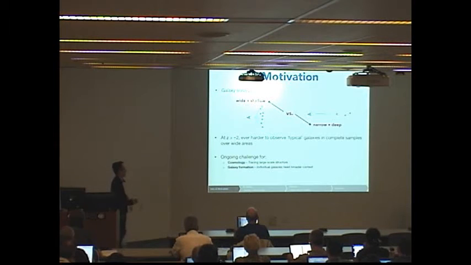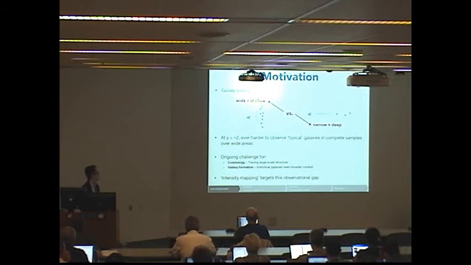And it's certainly possible to do, and there's certainly been exciting progress made on that front. But this is an ongoing challenge for both cosmology and galaxy formation. It's a challenge for cosmology because you need to trace large-scale structure with high number densities over large areas. It's a challenge for galaxy formation because individual observations of galaxies need to be placed in the broader context of their evolving populations. Right? So intensity mapping is a technique that targets this observational gap in a regime that's inaccessible